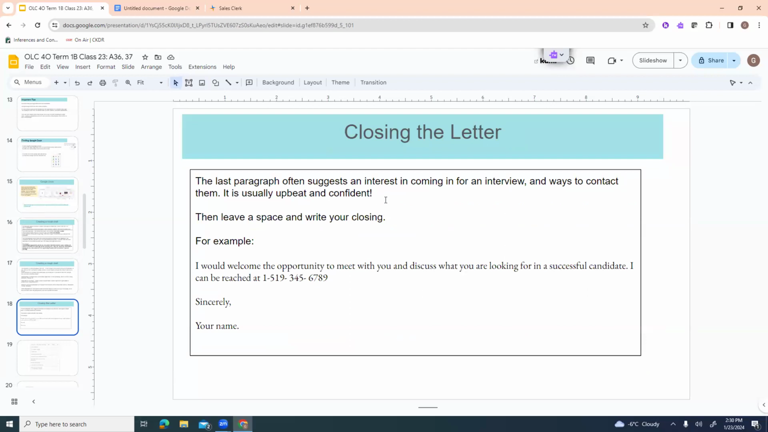The last paragraph will often suggest an interest in coming in for an interview and ways to contact them. It's usually upbeat and generally pretty confident. I know one funny thing is in person, people don't want to brag and they don't want to sound like they're talking all great about themselves. And so sometimes it can be kind of hard when you're writing a cover letter to change that. But in business areas,